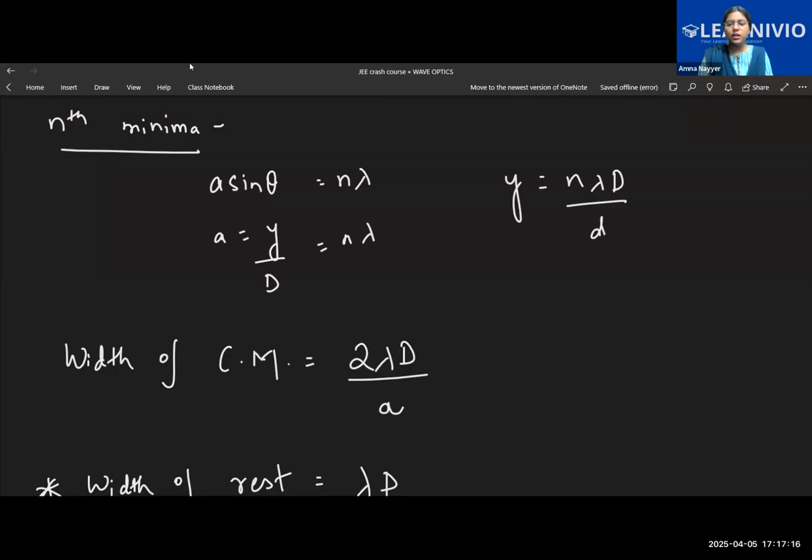So tomorrow, we'll just do the practice of questions from your 2025 paper. A lot of questions have come from modern physics. Today also we'll be doing from day before yesterday's paper. I've seen two questions came in the second shift of 3rd April. So we'll be discussing those questions tomorrow. So for that, you need to revise the modern physics notes which I've sent. So just revise it today so that your modern physics is done. Please write this, then we'll start with the questions.